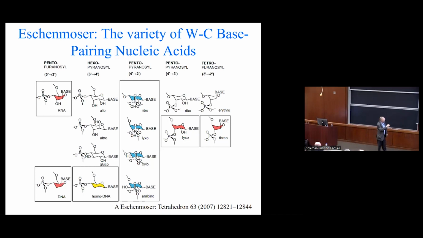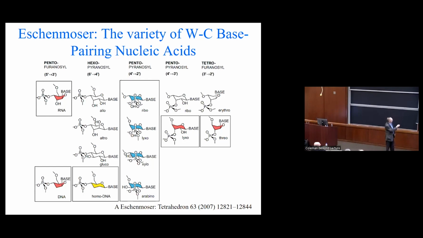Albert actually chemically synthesized all kinds of variations of different sugars, different nucleobases, and started to look at their properties. And it turns out RNA and DNA, that make a nice Watson-Crick base pair double helix with anti-parallel strands, that's not something unique. There are lots and lots of variations that do the same thing just as well. Sometimes with stronger base pairing, sometimes with weaker base pairing, sometimes with different base pairing rules.